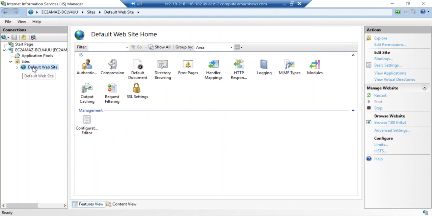Here in default website, we need to map our own website to access it. As of now, I don't have any websites, so I am going to download one free HTML website from the internet.